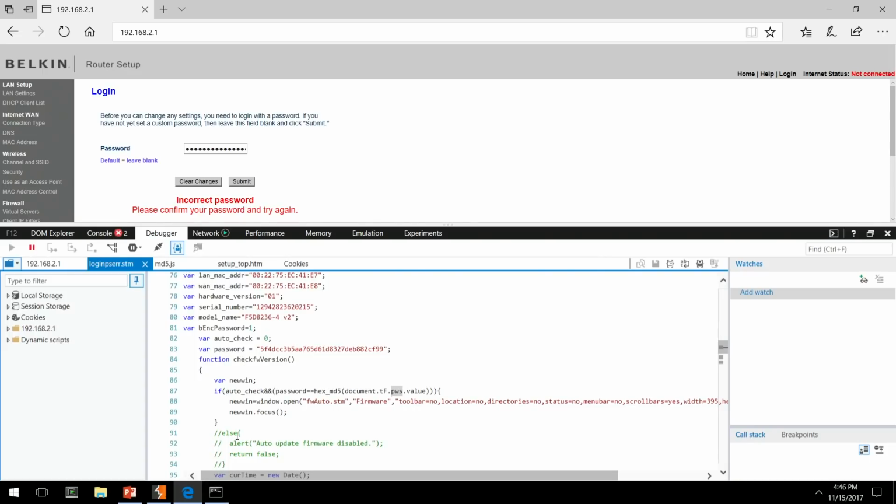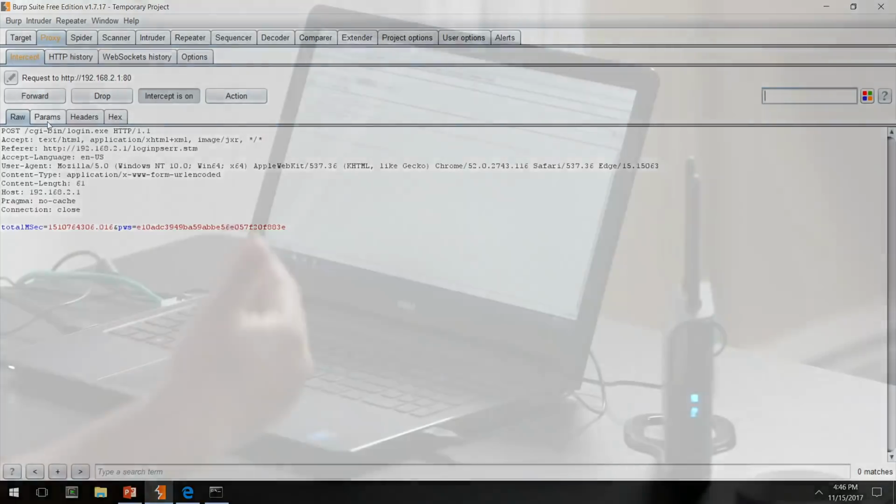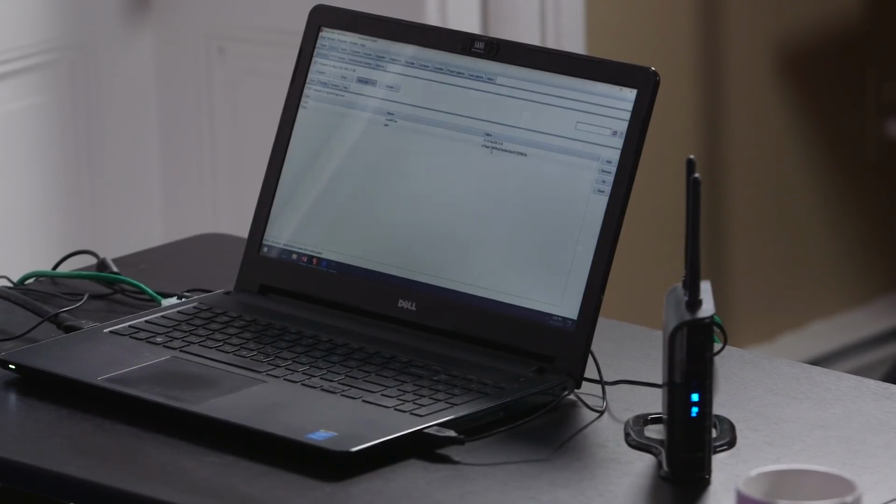So in this particular scenario, we would take the hash that the password is set to, copy it, go back to the editor, and before it gets sent out, because remember, BURP has not sent this traffic out. It has held it for us for inspection. So we haven't actually forwarded this or sent this data out. We would go back and edit this field